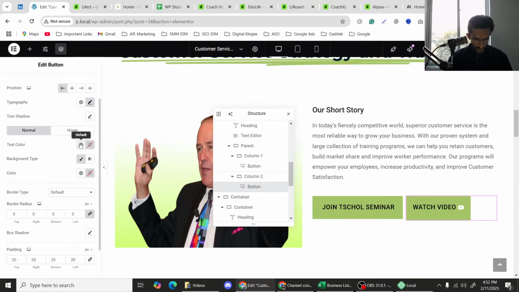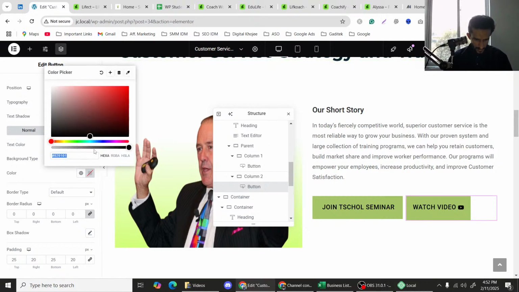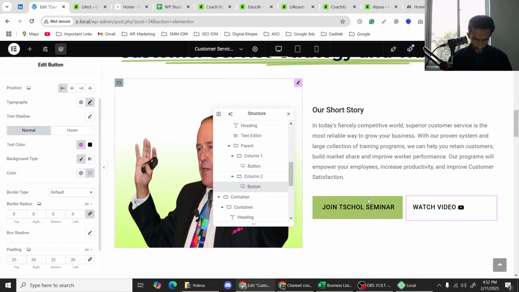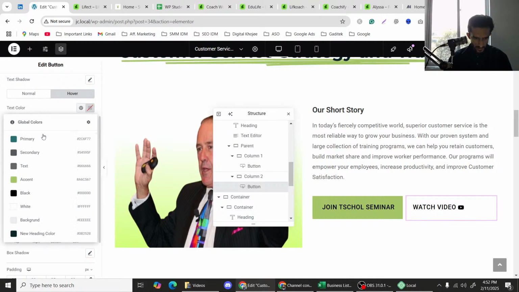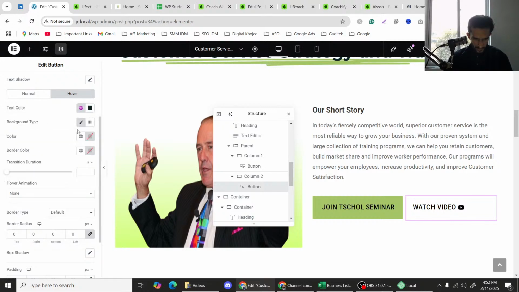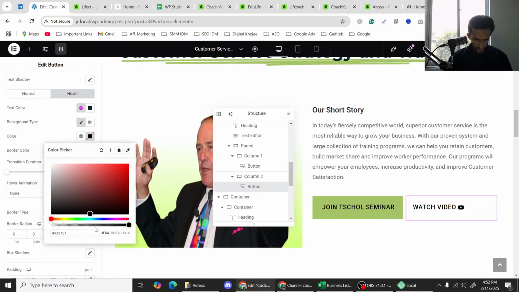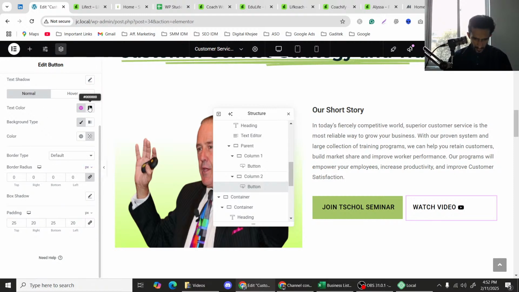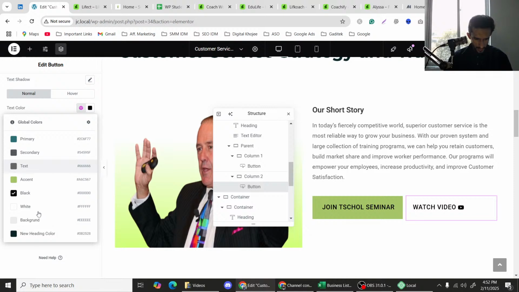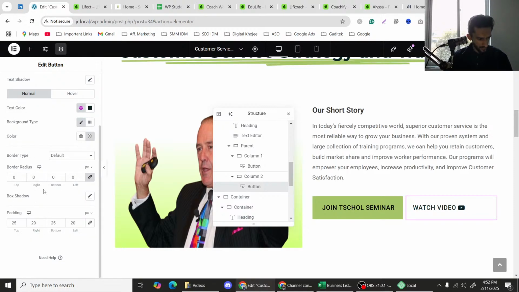So make the alignment to be left. टेक्स्ट का कलर जो है वो कीप इट टू ब्लैक, और बैकग्राउंड का जो कलर है वो यहाँ से सिलेक्ट करके मेक इट ट्रांसपेरेंट, ऐसे करके। तो ये हो गया। और होवर में भी जो है टेक्स्ट का कलर उसको हम ब्लैक ही रखते हैं, या फिर न्यू हेडिंग कलर रखते हैं। और उसका जो बैकग्राउंड का कलर है उसको ट्रांसपेरेंट करते हैं। ठीक है। और नॉर्मल जो है टेक्स्ट का कलर वो ब्लैक नहीं था, उसको मैंने न्यू हेडिंग कलर जो है उस शेड में कर दिया।